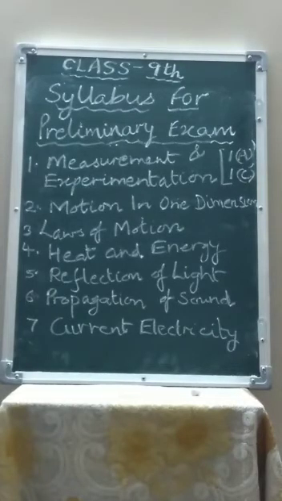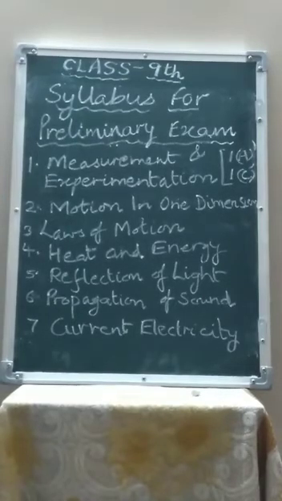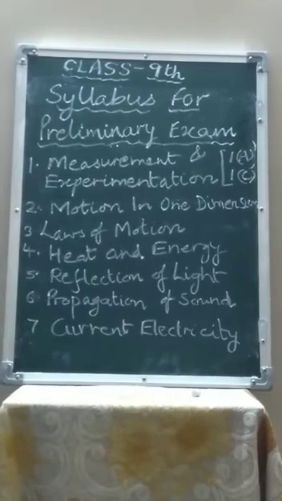Now next lesson is reflection of light. In that the numericals have been excluded and everything else is coming. All the ray diagrams of both concave as well as convex lenses. Also differences between real image, virtual image, regular, irregular reflection, image formed by plane mirror, lateral inversion, and all the ray diagrams concerned with these. All the lenses, uses of lenses. So everything except the numericals based on lenses, it is coming.